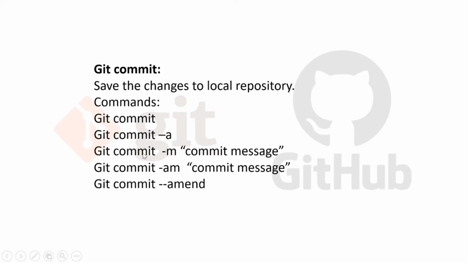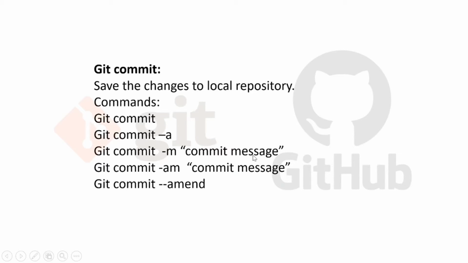Let's move to the third one, git commit -m with some commit message. What exactly will it do? It will not prompt a window to write your commit message. Whatever commit message you have typed here, it will directly commit with that message, right? So in the first git commit, we saw that it prompts a window where you can type your message, but in git commit -m, it will not prompt a window, it will directly commit with this commit message. Whatever message you set here, right?